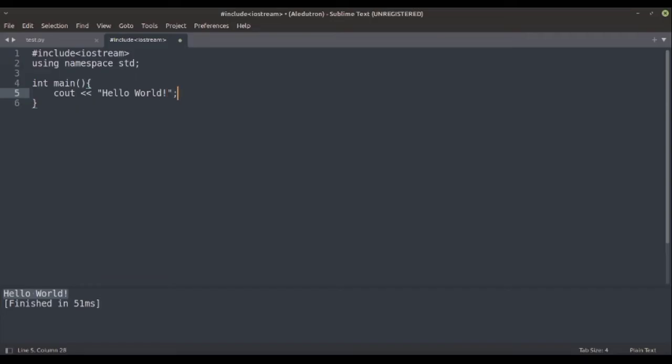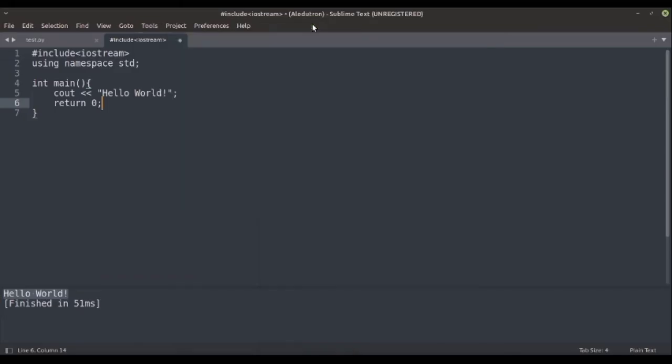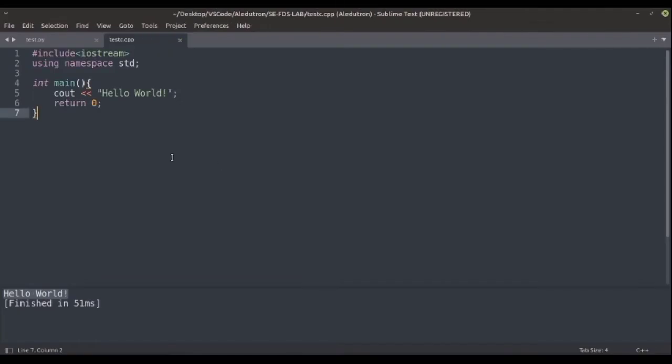And then return 0. So now what you have to do to execute the C++, you have to go to Tools again, Build System, and it should be automatic. So it will automatically execute. Let's just save this as test.cpp. So let's just save this, and here now you can see color highlighting, which means Sublime has detected that this